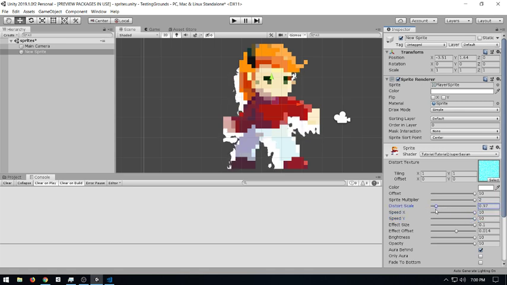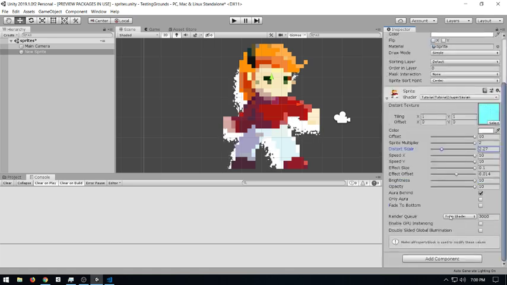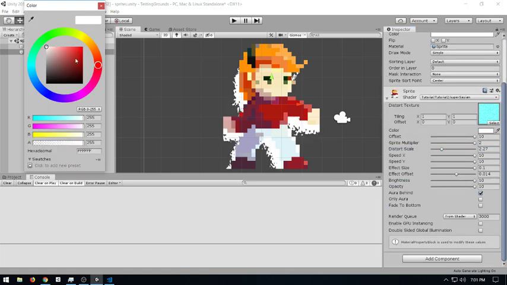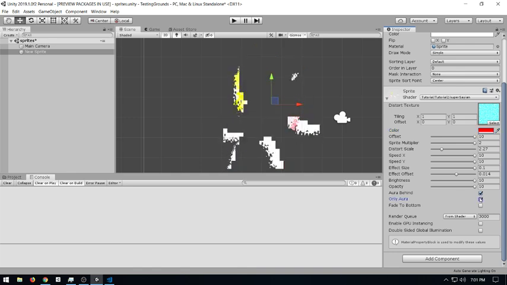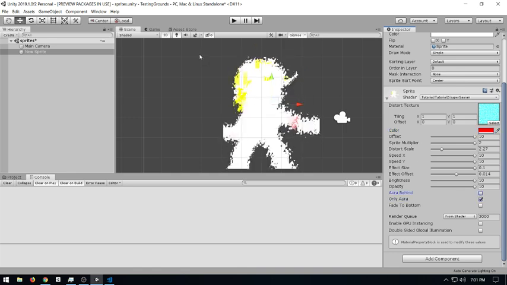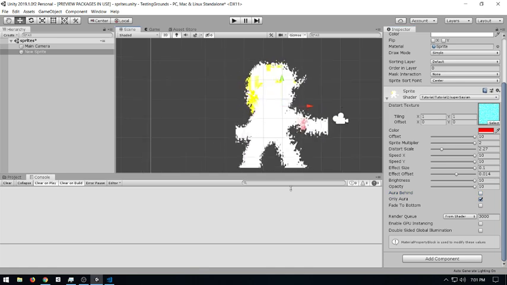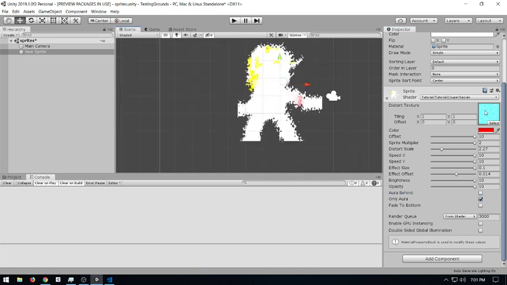So we can say how much we want to distort by, and set the color of it, although it doesn't seem like it works quite the way I think it does. Say only the aura, you get some very crazy looking stuff. And you can get a lot out of Perlin noise.